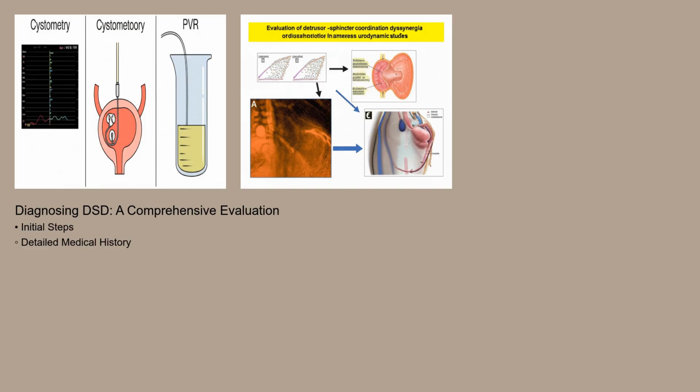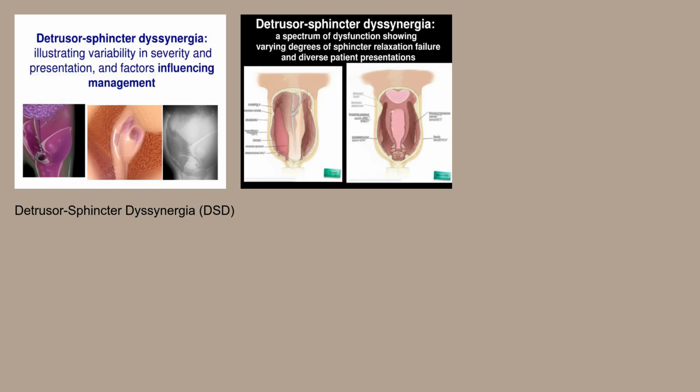Other tests may include a post-void residual volume measurement to see how well the bladder empties, and imaging studies like ultrasound or cystoscopy to evaluate the bladder and urethra. While Detrusor-sphincter dyssynergia itself isn't categorized into distinct types, it can vary in severity and the degree to which the sphincter fails to relax. The presentation and management strategies depend on the specific underlying neurological condition and the overall impact